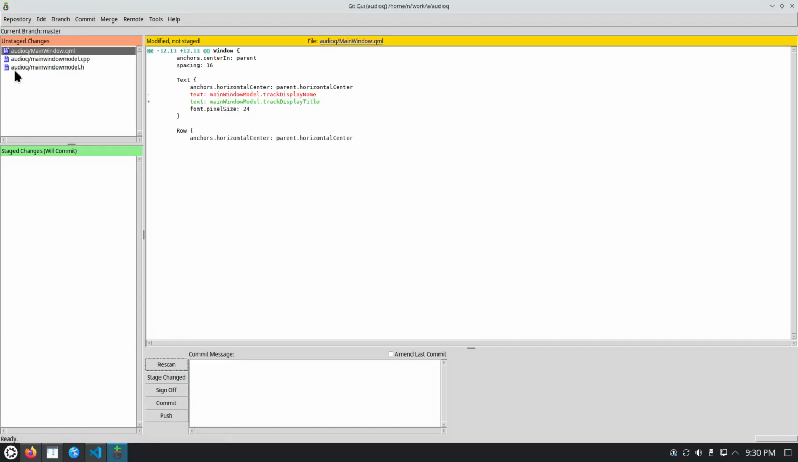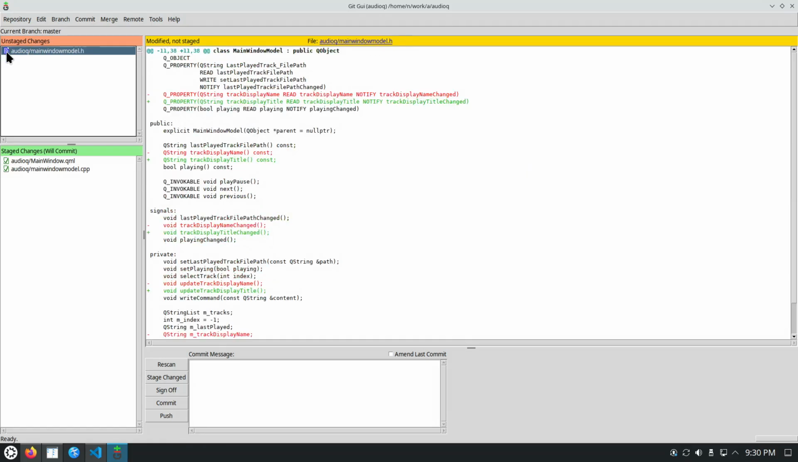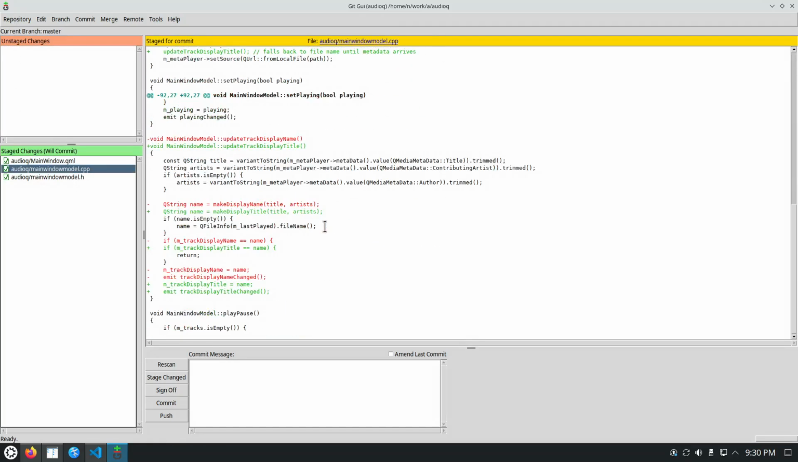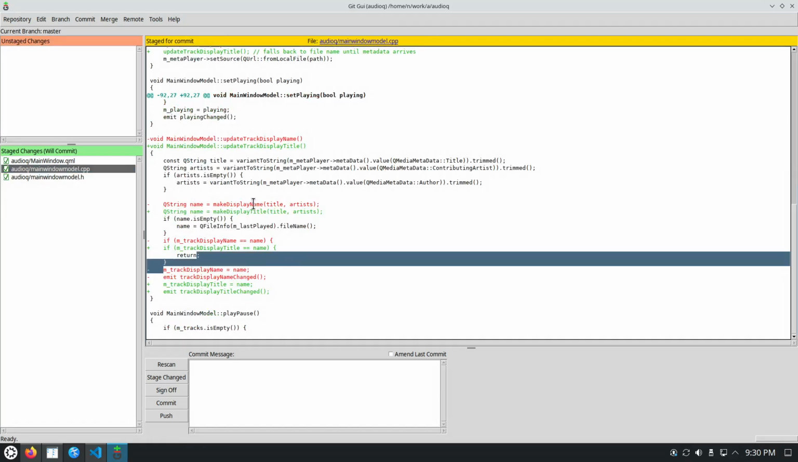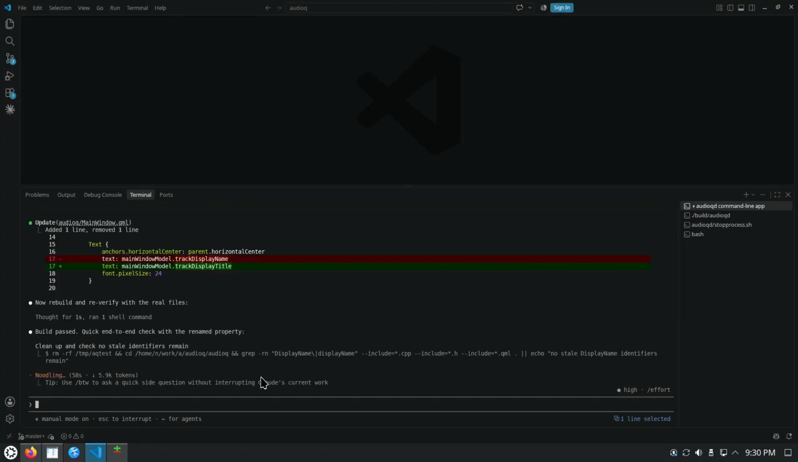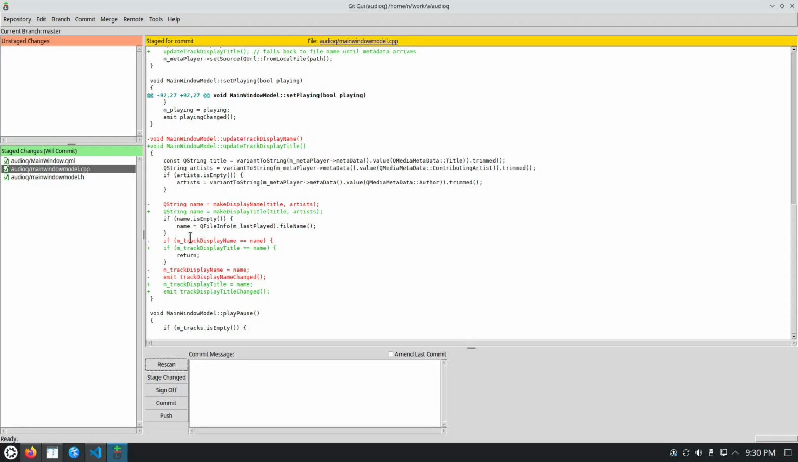Okay, let's prepare the commit. Yeah, I can see this thing, which is name instead of display title. Local variable. Okay, so that's audio cue. Use